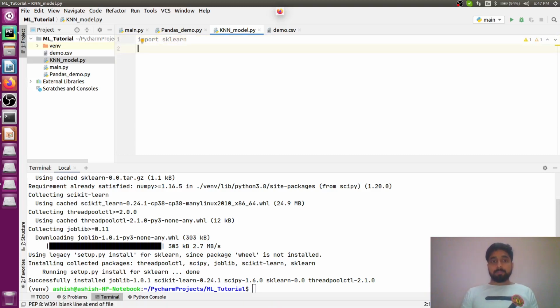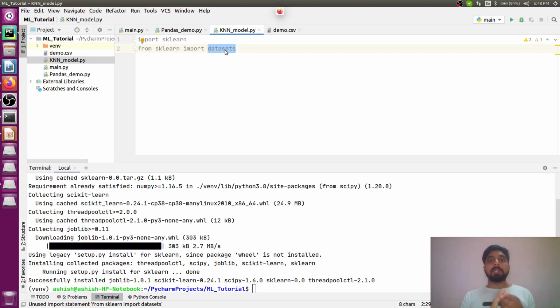But before that we have to import one more thing from this sklearn. I will write from sklearn import datasets. Right now I'm calling this datasets from here, because as I have already explained in one of my previous sessions, in machine learning your data is the most important thing. Your data is the example, your data is the knowledge, so everything is data over here.